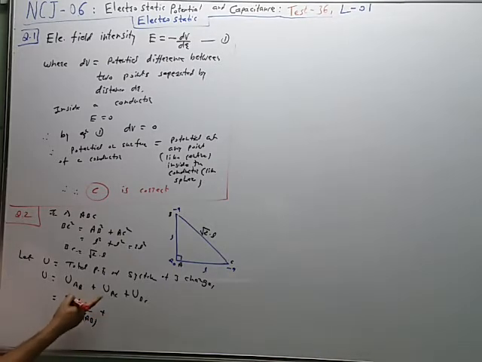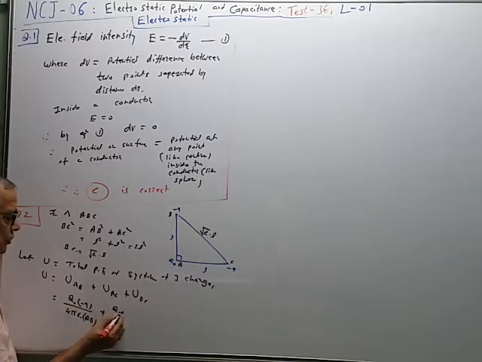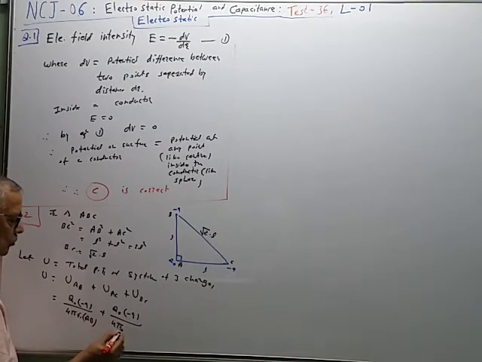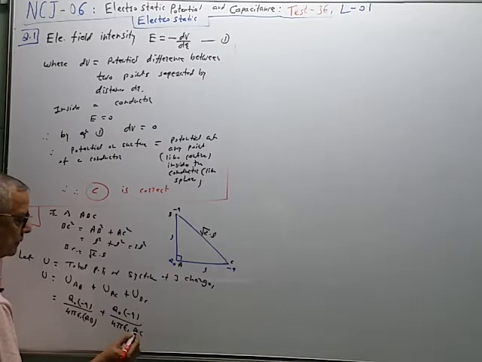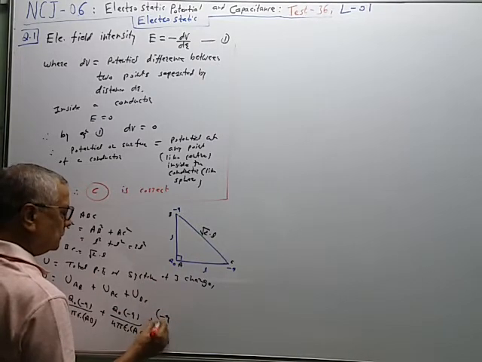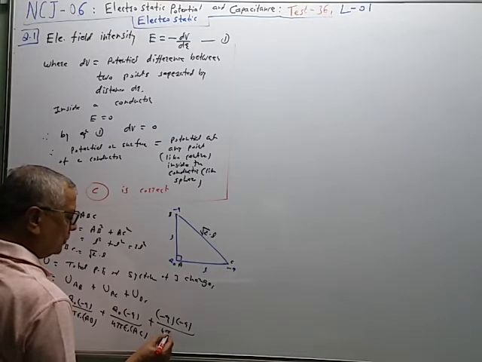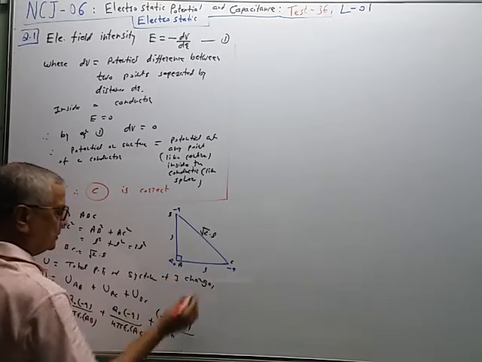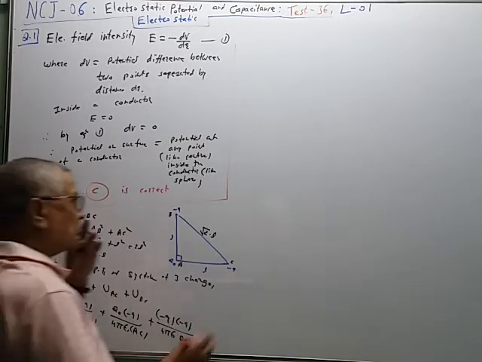Plus now AC means A and C. So again one charge is Q0, other charge is minus Q upon 4 pi epsilon naught, and now distance should be taken as the AC. Plus now B and C means these 2 points. So minus Q, again minus Q upon 4 pi epsilon naught, and this is distance BC. And therefore U